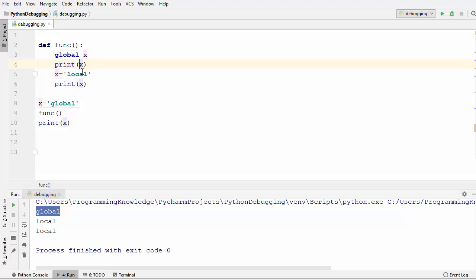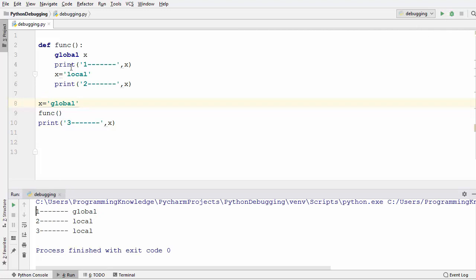So let me just change this print statement so we will be able to understand what's happening really here. So I'm going to just assign some number to the print statements. Let's say this is number 1 print statement and then this is number 2 print statement and this is number 3 print statement. So we are going to know which value is printed using which print statement. So I'm going to run the code once again and now you can see first print statement, which is this